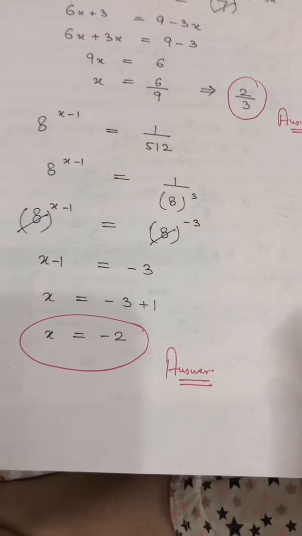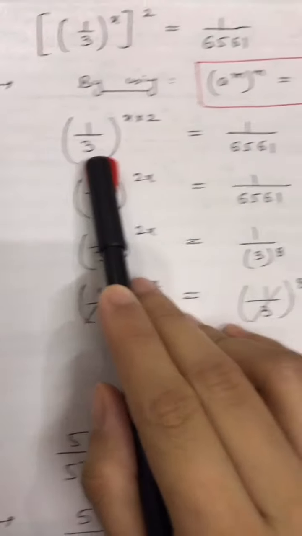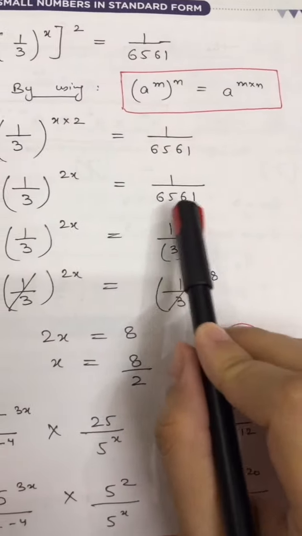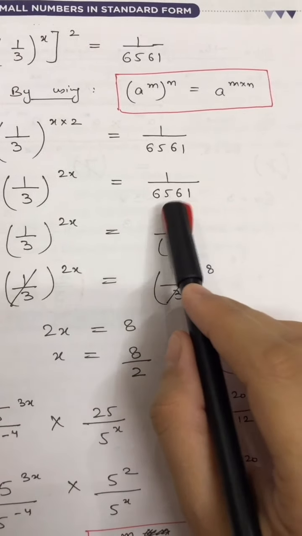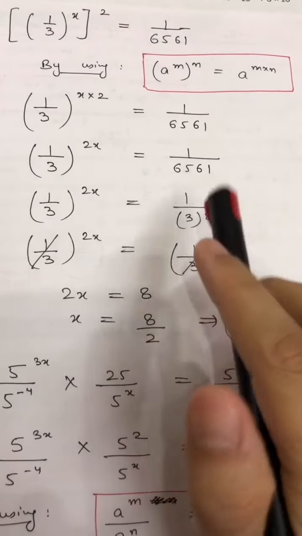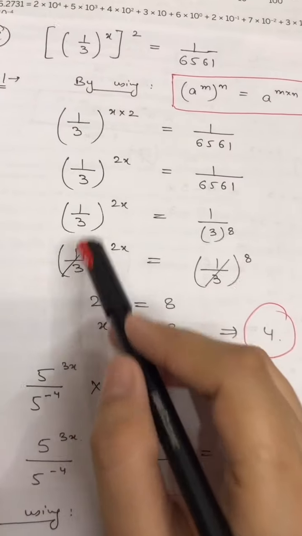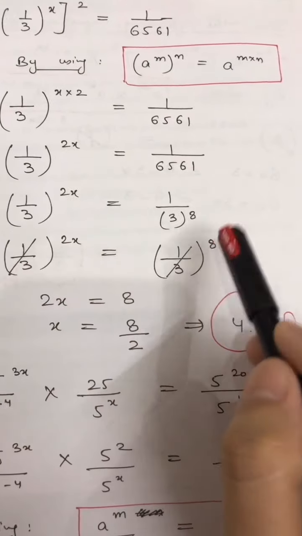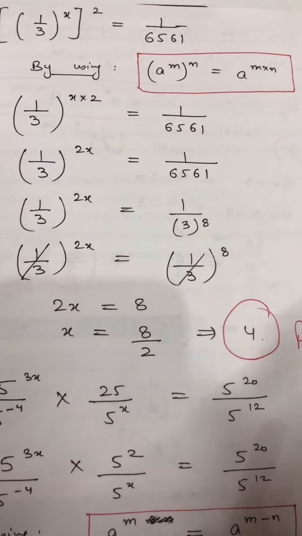Okay, so you have to compute it. Now similarly here also, on the left hand side you are having 3 values, so therefore you have to check here that this value will be a multiplication of 3. So when I have multiplied, this is 8 times of 3. Okay, so after this the step will be that 1 upon 3 raised to power 2x is equal to 1 upon 3 raised to power 8. Same step that we have discussed in the previous question.